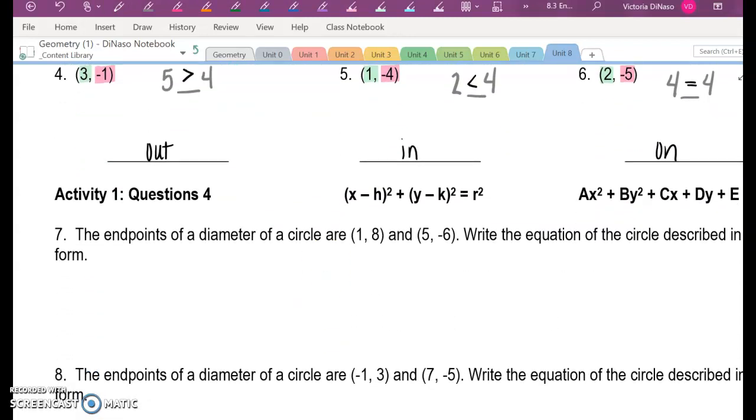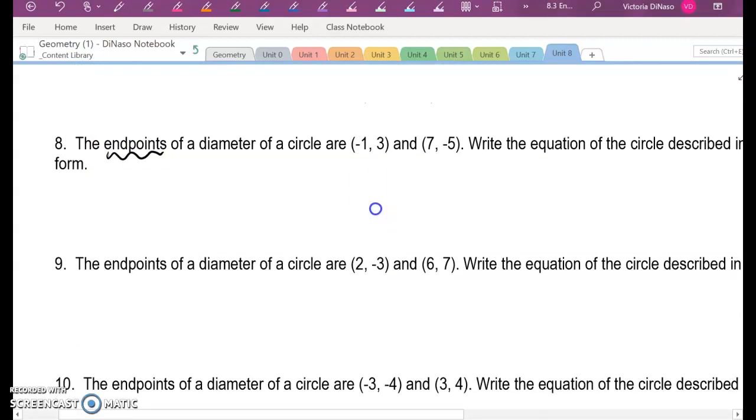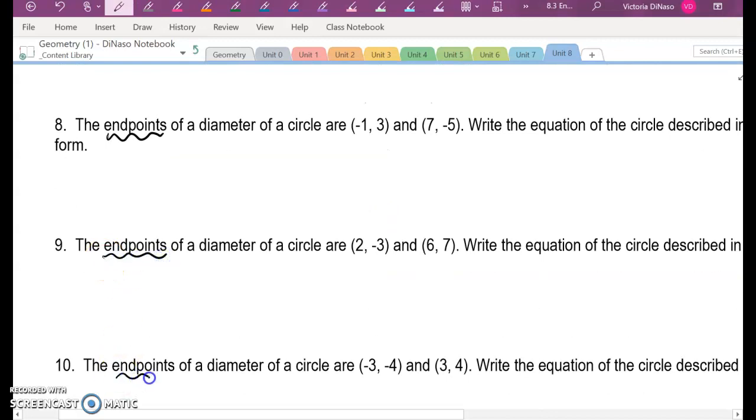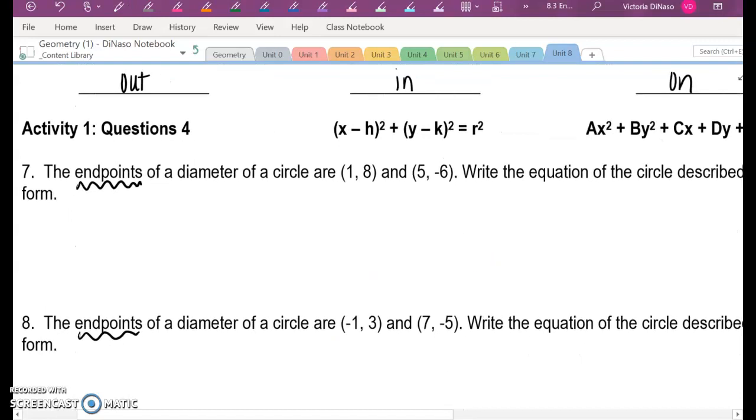So these next 4 problems reference example 4 above, okay? So this is where we have, check this out. Each of these questions say it has an endpoint, endpoint, endpoint, endpoint. So what we're going to have to do is figure out, first of all, where the center is, and then we have to figure out what the radius is. So for number 7, starting off, let's figure out what our center is. All right, so to figure out the center,